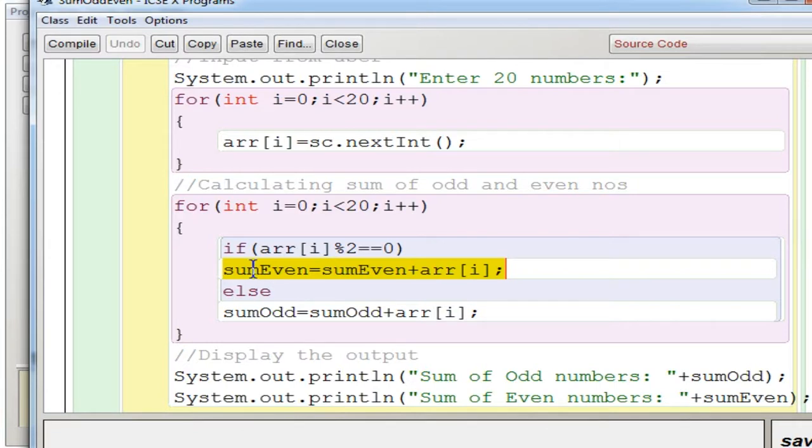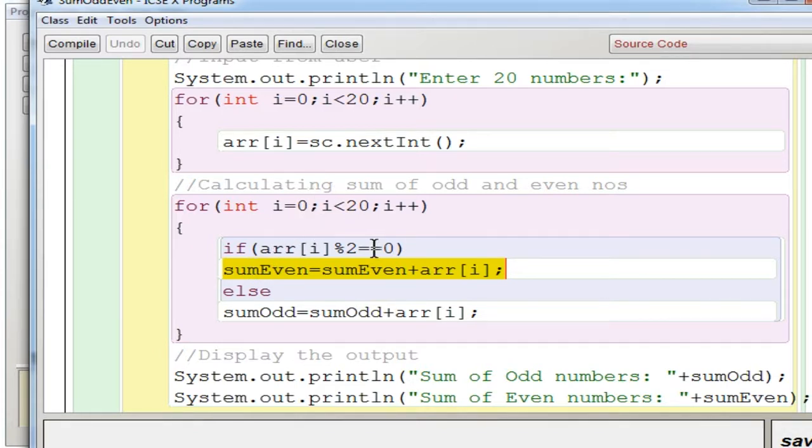Next time, sum even already has some value, which will be added with the new value stored in ARR, and stored back into sum even. So it goes on till the loop is done.